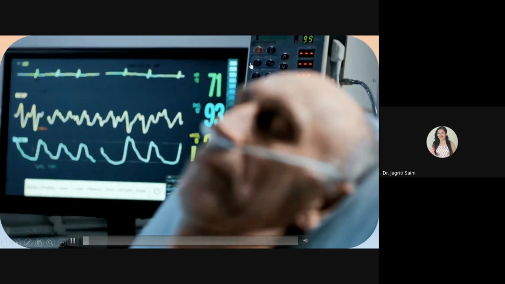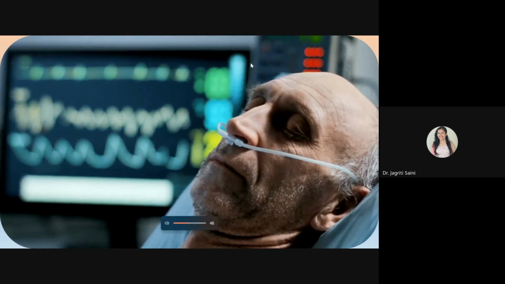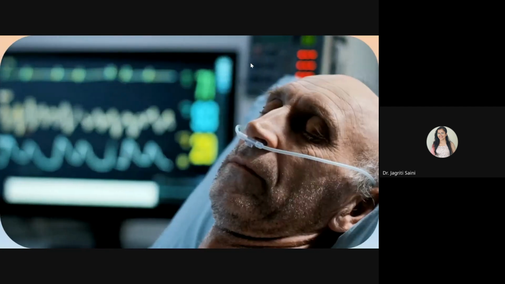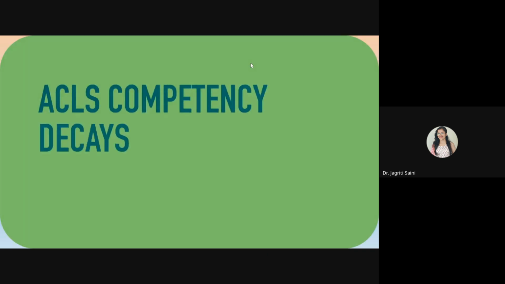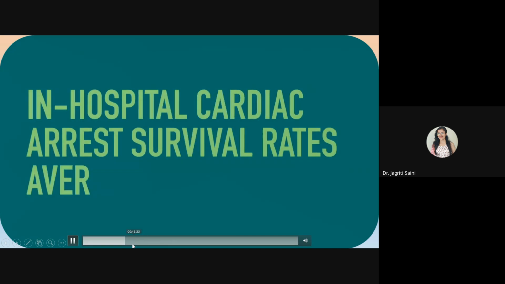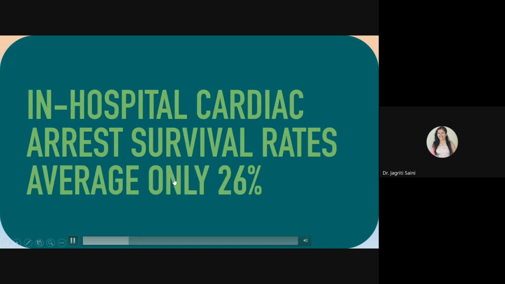You're with a stable patient when he starts to have a cardiopulmonary emergency. Your code team is off dealing with another emergency. It's clear there's little time to help this patient. It's been 10 months since your last ACLS certification. You're racking your brain trying to remember the right algorithms, but you can't. Sound familiar? It does to your clinical staff. ACLS competency decays within months after certification for those who work in non-critical care areas. With today's in-hospital cardiac arrest survival rates of 11 percent, it's clear that we can do better.